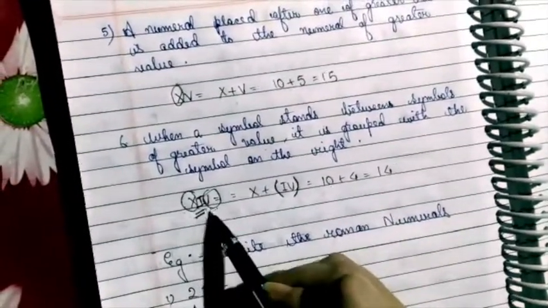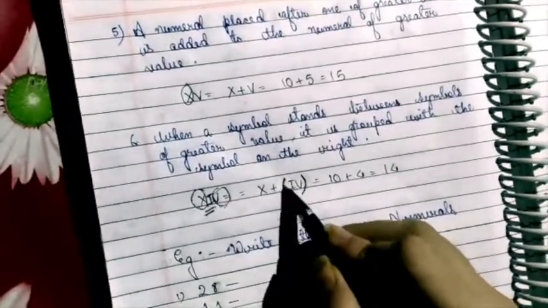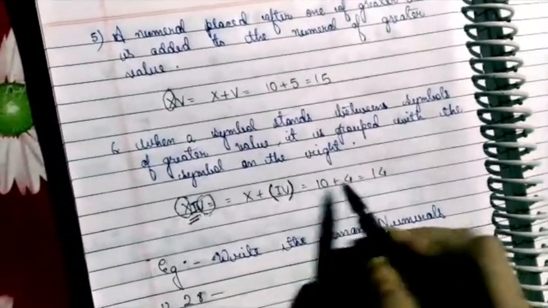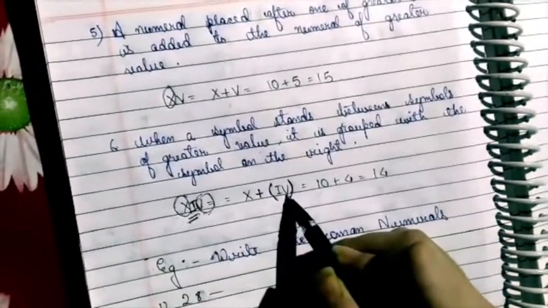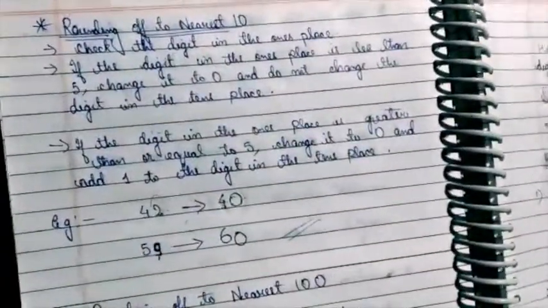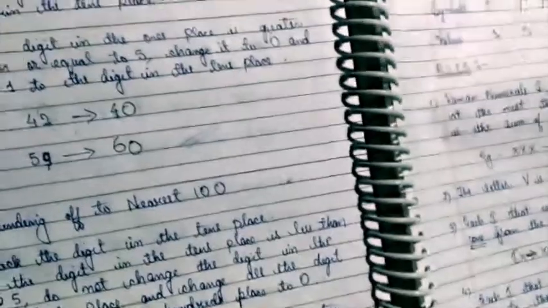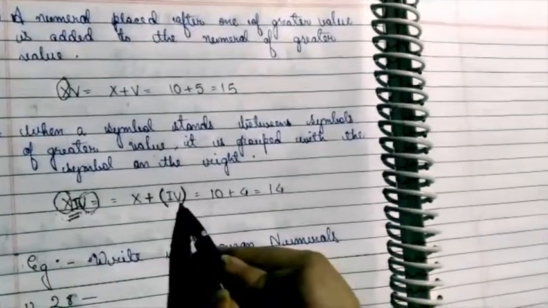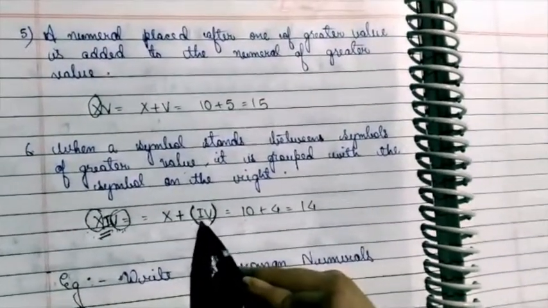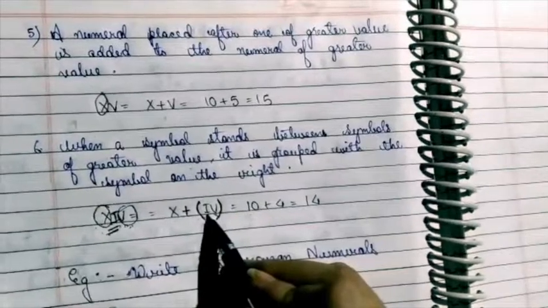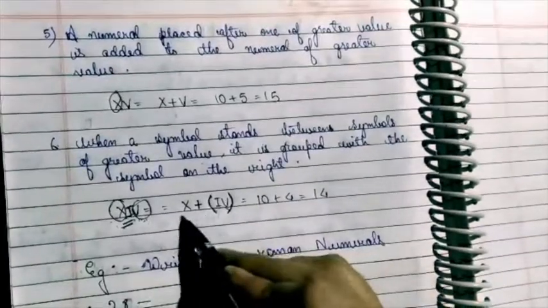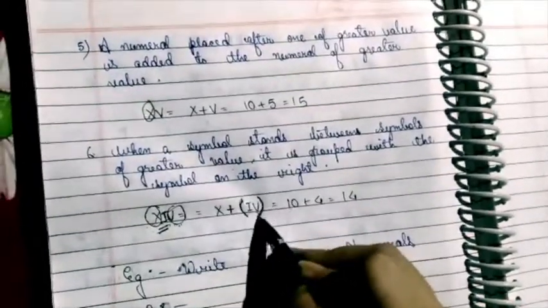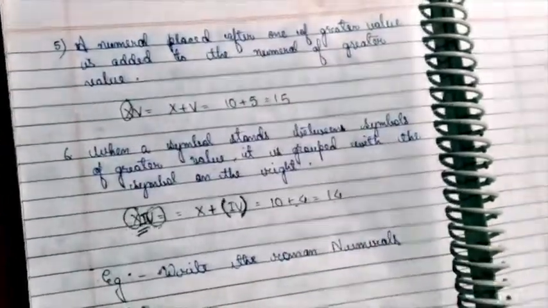V is on the right of I. So I will be grouped with V. So in this case also we will add X, which means 10, and the grouping will be done with I and V. I and V, we have already studied. Tell me students, rule number 3. So in this case I plus V means 4. What was rule number 3? If I is placed before V or X, we subtract 1 from V. So IV means 4. So we will add 10 plus 4. This is the grouping. We did the grouping of I and V. 10 plus 4 is equal to 14.